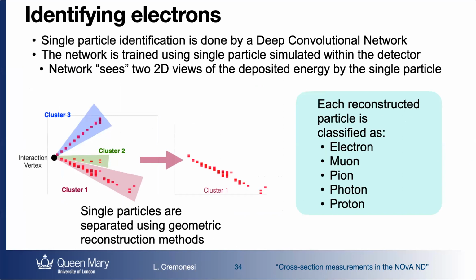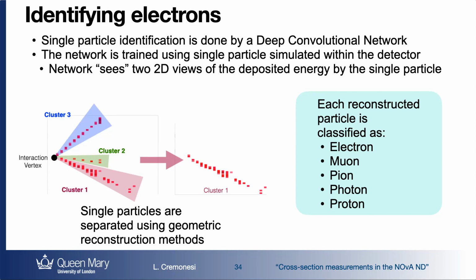Because it's a lot more challenging, we developed a machine learning algorithm to better classify and select these events. We identify electrons using a single particle identification, which is done with a deep convolutional neural network. The neural network is trained on single particles simulated within the detector. Then in our reconstruction, we separate the interaction using geometric reconstruction methods. Here is an example in which we have a first cluster, a second cluster, and a third cluster. And what the network does is that it looks at